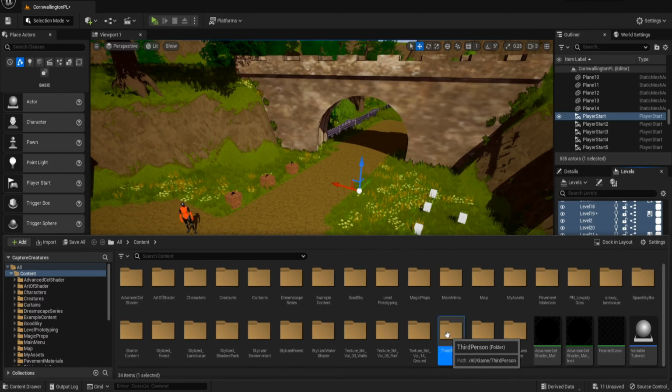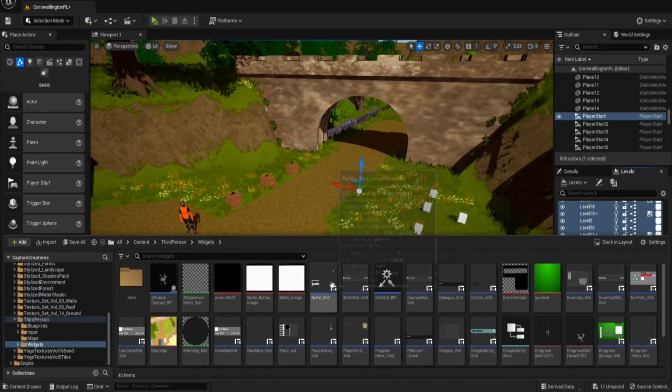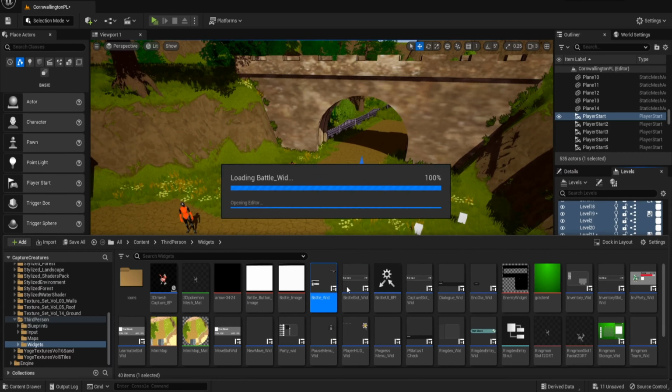Now I've got to remember where they are. Widgets. And we'll open up our battle widget, and we also need to open up our battle proxy as well. So, but we'll go for the widget first. Now, similar to the other